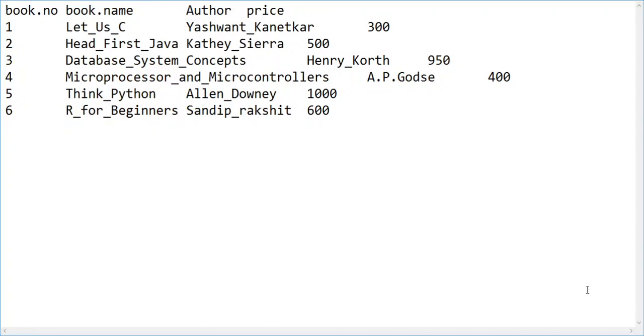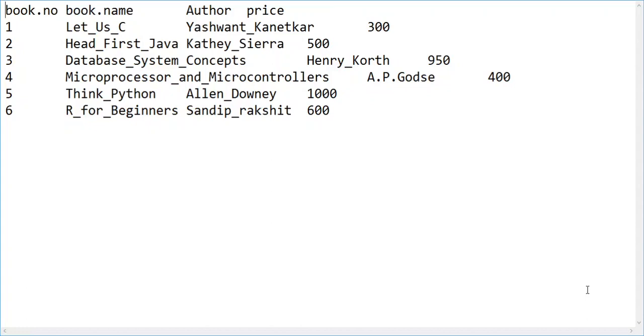There are no symbols other than tabs here. So while importing this file into our environment, there is no need to specify value for separator parameter, because this file is using a default separator, that is tabs, to store the contents of this file.